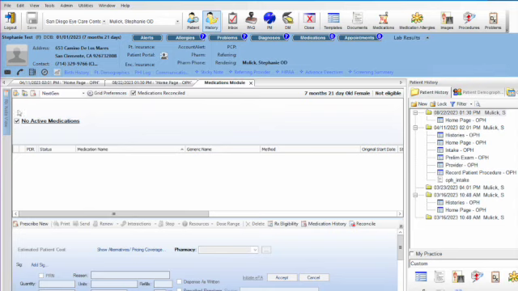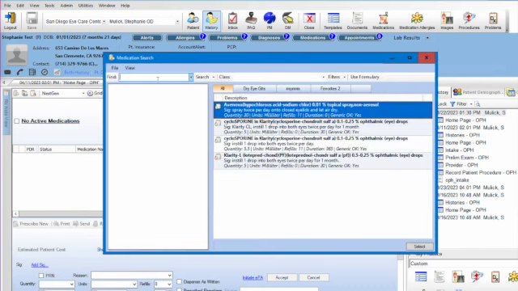Now, let's say a patient is on a medication and you weren't able to pull up any history, which occasionally happens. You can go into Prescribe New. This will also be the same way you're going to prescribe a medication as well as add a medication into the patient's chart. Prescribe New, we're going to say the patient is taking latanoprost,